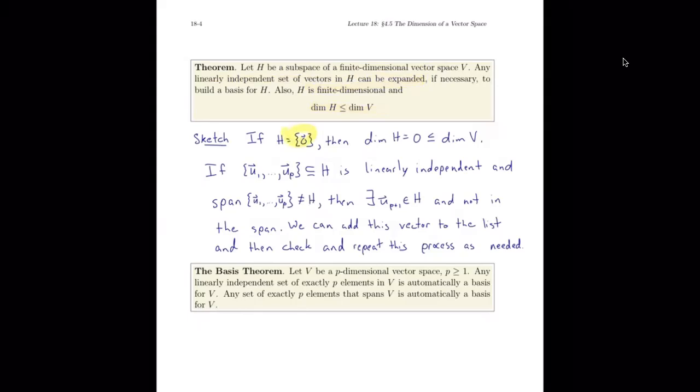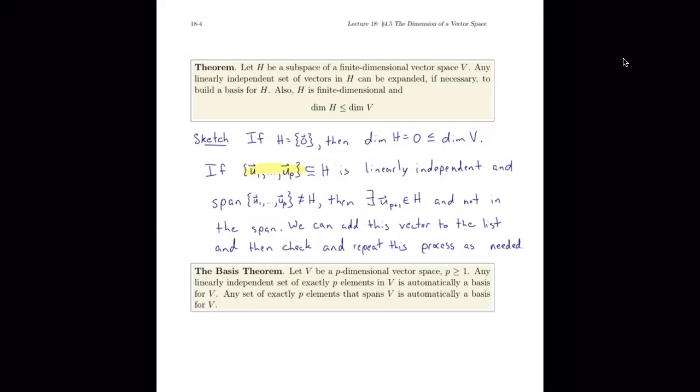If H is just the trivial subspace, just containing the zero vector, well, then the dimension of H is 0, and that's going to be less than or equal to the dimension of V, depending on what V is. Maybe V is also the trivial subspace or trivial vector space. If not, then of course the strict less than holds. So this is true in that case. Now, if